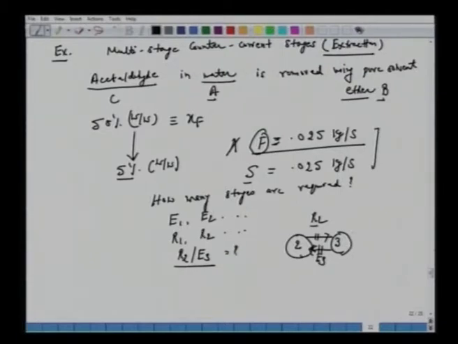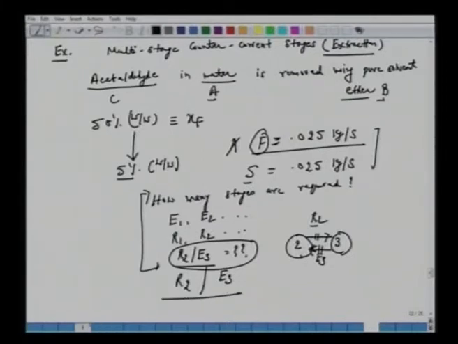So what is this ratio here? Essentially we have to determine the compositions of all streams leaving all the stages and their flow rates. We will address this one last. What is R2 over E3? Do we have to calculate R2 and E3 separately and then take the ratio, or is there a way to just calculate the ratio? It's very important that we read the problem carefully. It says, what is the ratio of R2 over E3? That means we do not necessarily have to calculate the numerical values of R2 and E3 separately. All we have to do is take the ratio, right? So these are the things we have to calculate in this example.